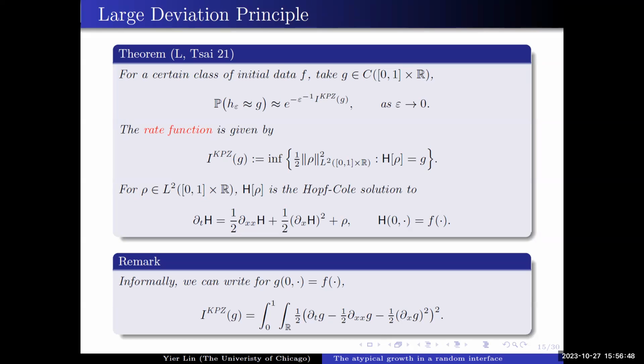Okay, there's some small problem, because what we're looking at is the space of continuous functions. So when you have the space of continuous functions, how do you make sense of taking the derivative when you do not have differentiability? So what we actually do is you first represent the thing inside by rho. So in the end, the rate function becomes this L2 norm. But on the other hand, we try to solve this KPZ equation, and we require the solution to be equal to g. Okay, and this can resolve this issue.